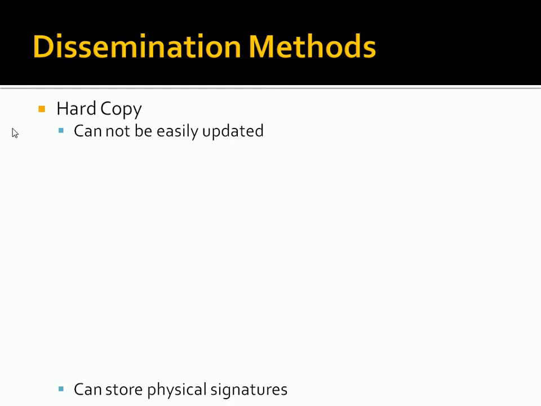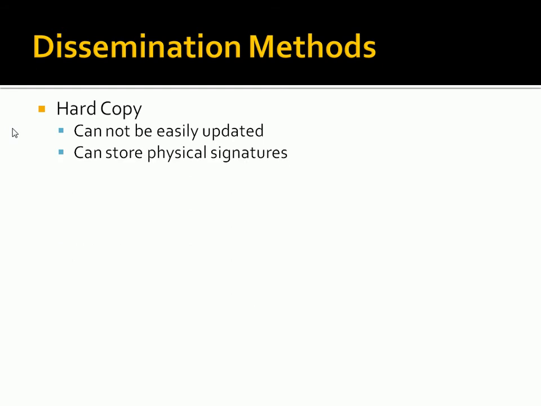So that's one disadvantage. But one advantage of hard copy is that most people understand hard copy. It's accessible to most people, and you can have people physically sign it. So if you have to have some kind of physical signature on it, it's a lot easier to do that, and easier, for legal reasons, to keep it. But another disadvantage is it's expensive and it takes a lot of time. Paper costs money. It's very wasteful. And again, it's kind of set in stone once you print something out and give it to everyone. It's hard to go back and change that dynamically.